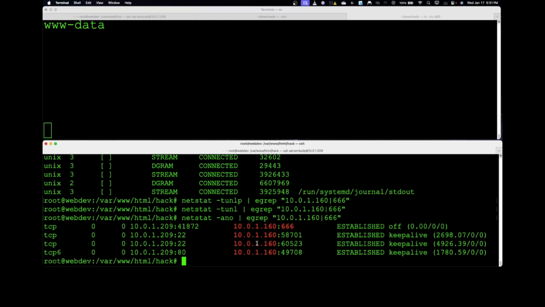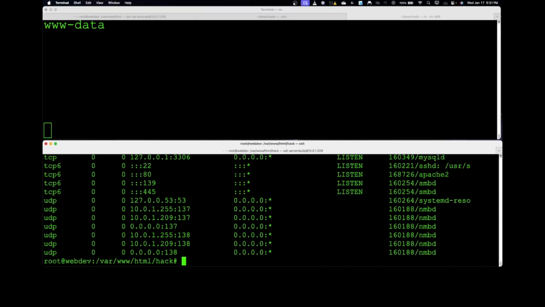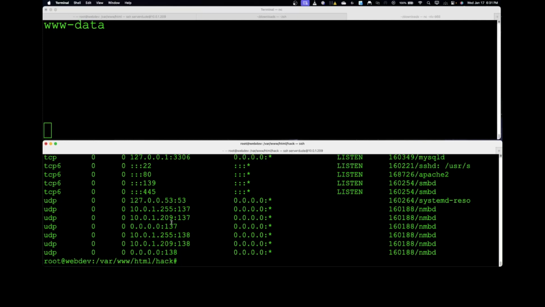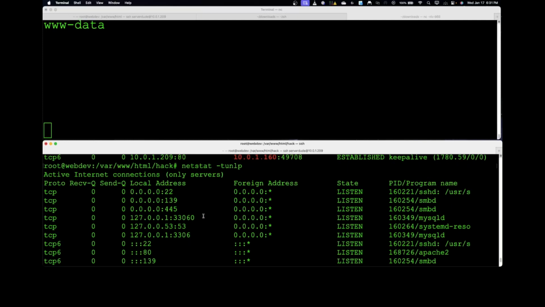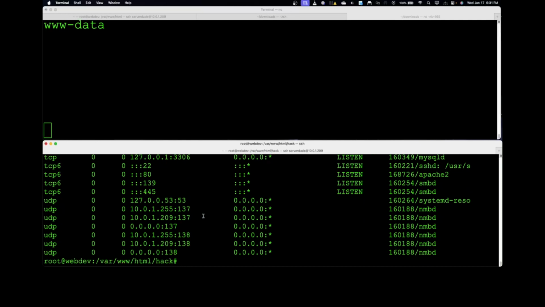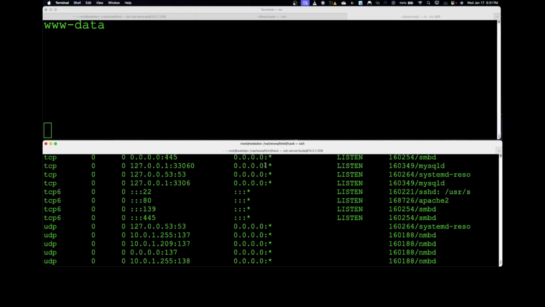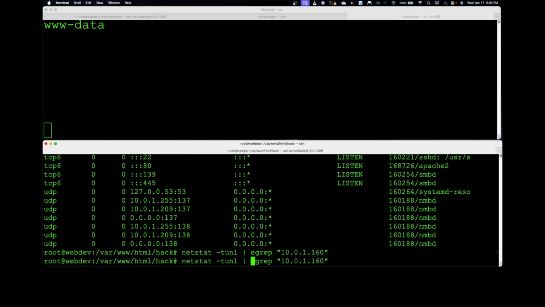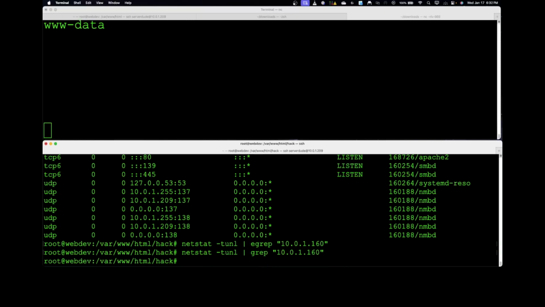So let me clarify with the command netstat tunlp. This will give us whatever is listening on the local host. So in this case, because we have connected back, we don't see any of the commands or ports that are open that reference 666, and we also don't see anything that references the 160 address. So even if we've taken the data from tunlp and we just did 10.0.1.160, nothing's going to return, even if we remove egrep. So the next step is going to be